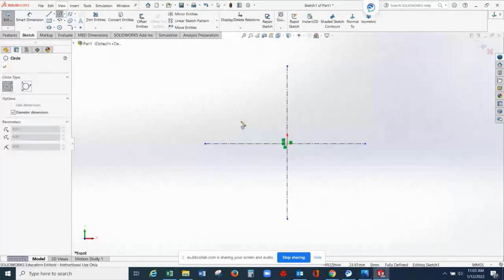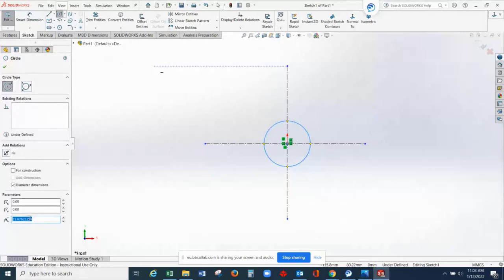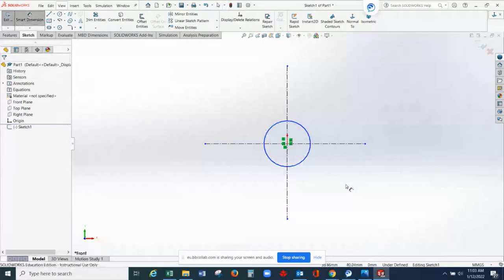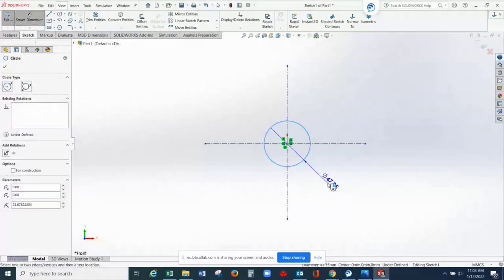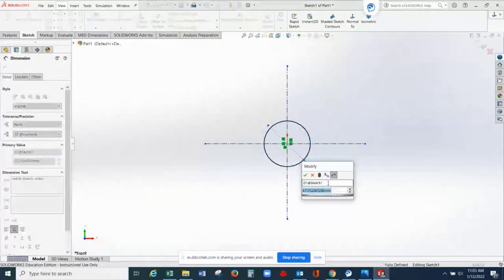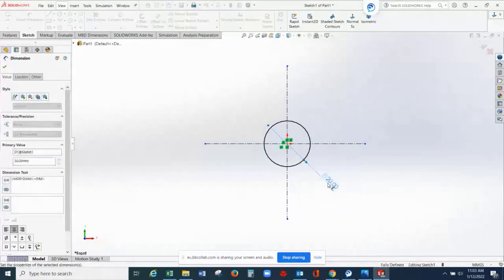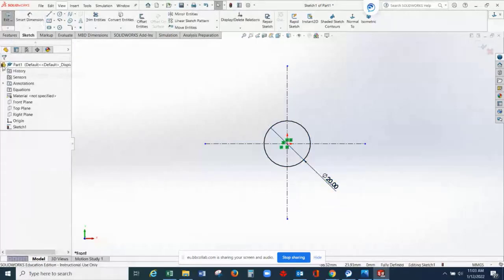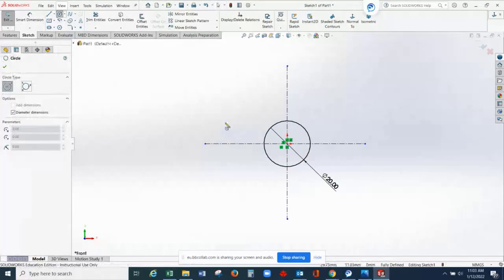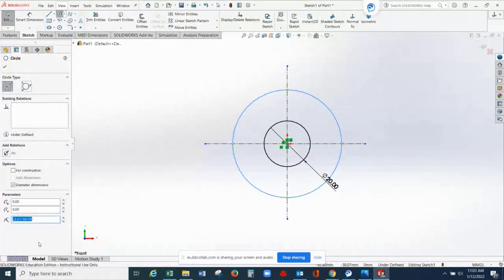Circle, center circle from here. Let's check. Go for smart dimension. It says that the diameter of this is 20 millimeters. Select the green check mark, again circle. From here, click here.